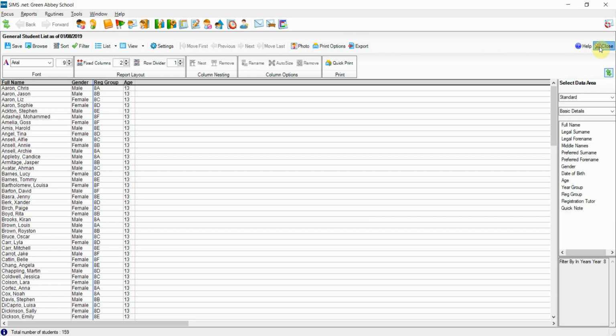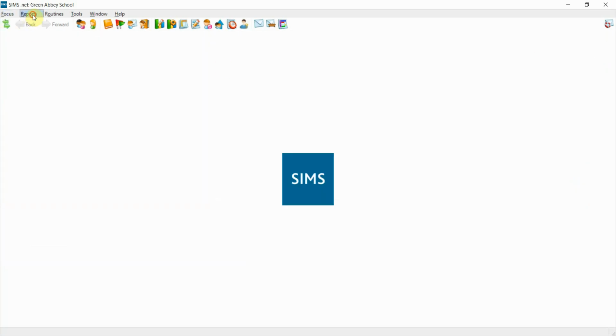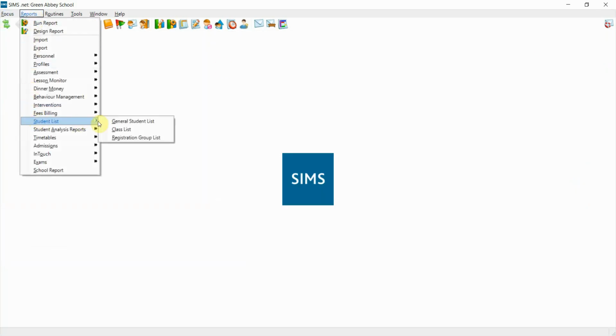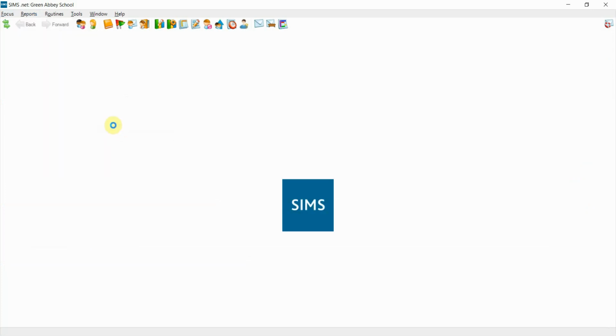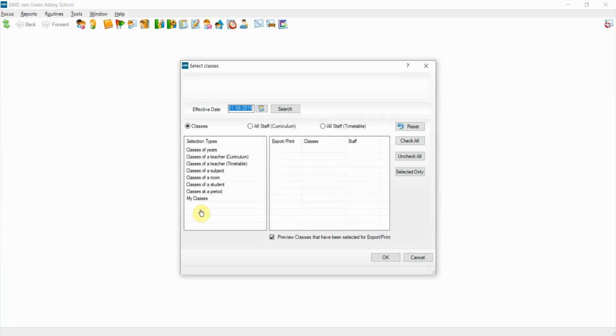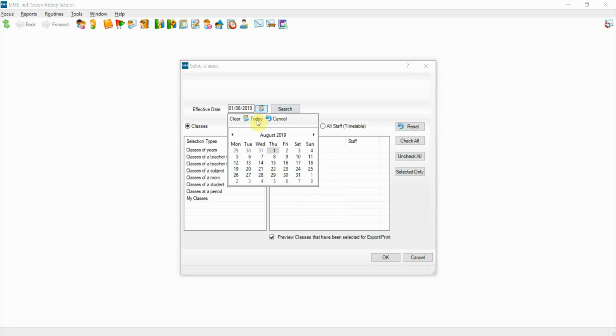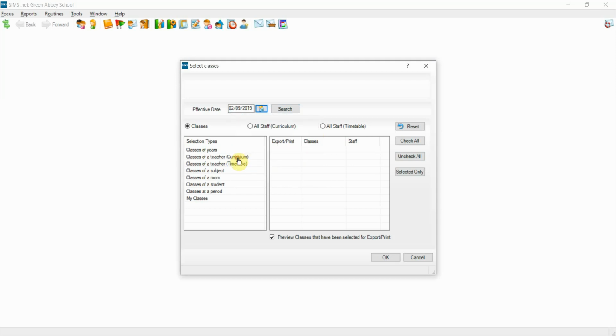Perhaps the most useful use of student reports is the class list. This is particularly useful just before the start of the term, where you want to produce photographs of those in your class. At the moment, the browse is blank because it's the 1st of August when I'm recording this, and there are clearly no classes. So you need to change the date to the beginning of next term, wait for it to refresh,